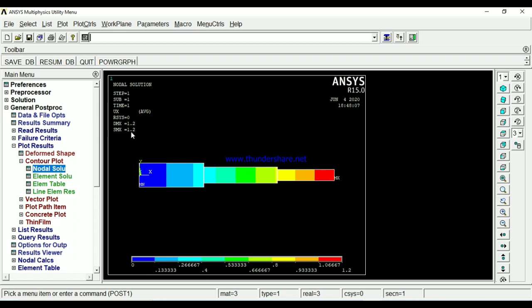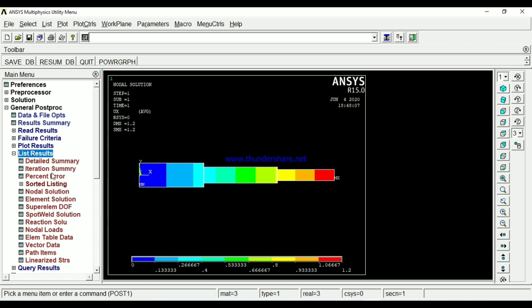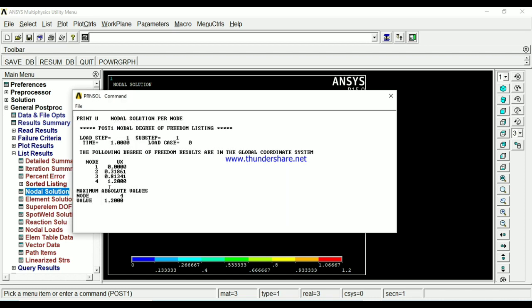Now, at node number 4 we gave 1.2 mm deformation. Then the deformation at node number 3 will vary slightly. If you see the color code, or if you go to list results, then nodal solutions and X component, see here, the values are now changing. Node number 4 has the given deformation of 1.2 mm. Even though node number 4 would deform more than 1.2 mm, it is not allowed to, because we put an obstacle, a constraint boundary condition, there. And node number 2 has 0.31 mm deformation.